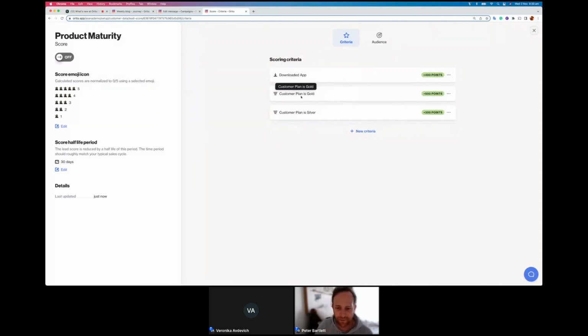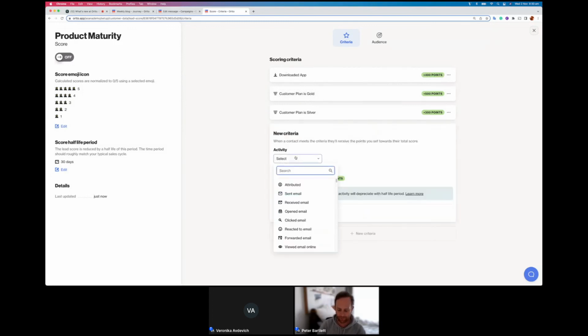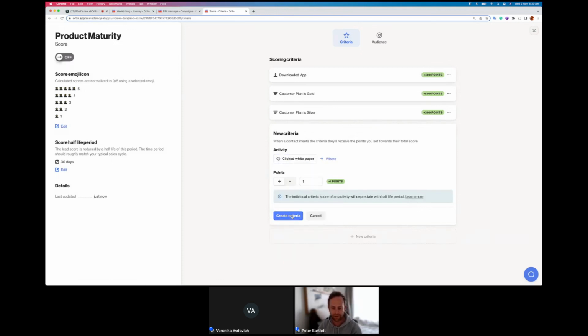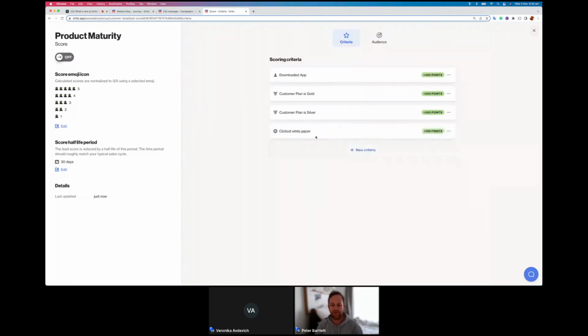So lots of flexibility about this. Again, it's so that your static demographic information, you can get to contribute without the degradation. You can have your behaviors. I'm going to add another one for maybe if they've looked at my white paper. That's a smaller improvement. That's maybe 100 points, and so on. You can go through and add all your activities